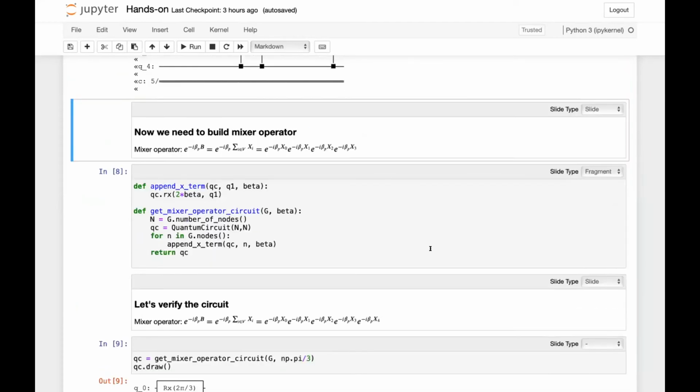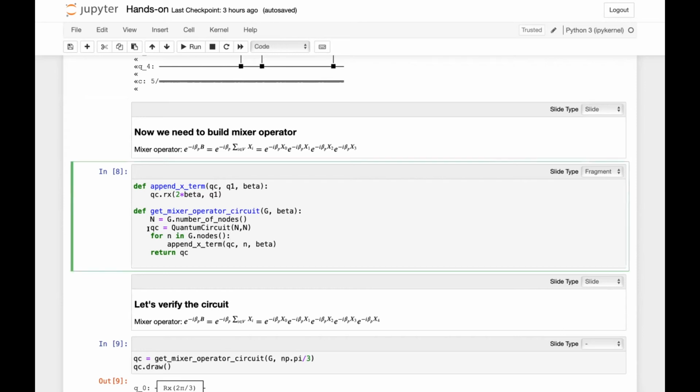Now the second thing we need is the mixer operator, which again, everything commutes with everything. So we can just unfold it into a product of corresponding operators, and each of them is a single qubit time evolution of Pauli X. So to construct it, for each node in our graph, we add a term to the circuit, which corresponds to this Pauli X. And this term is simply Rx,